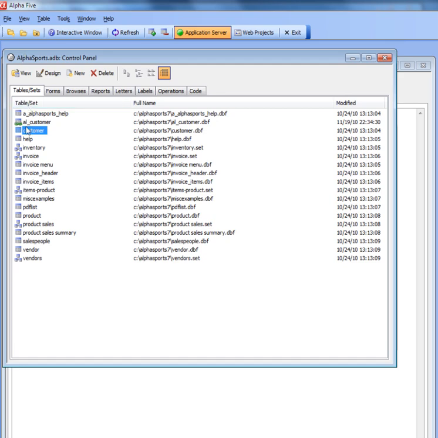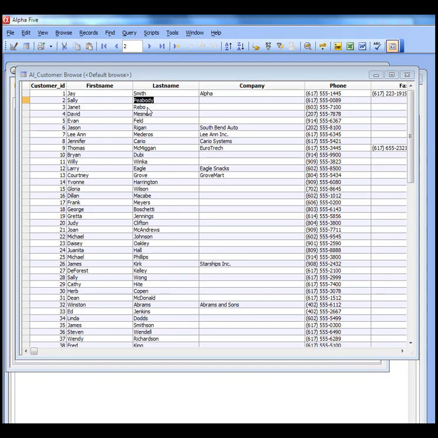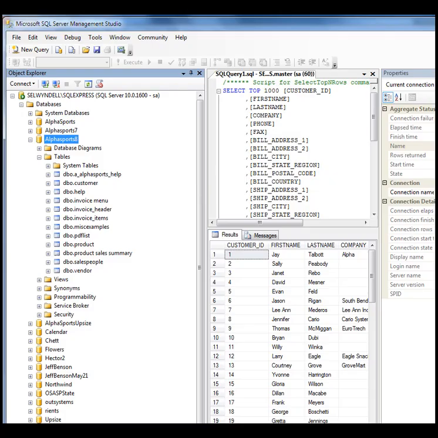So I can go to this table and modify the value there from, say, Talbot to Smith, and then if I look inside the SQL database, I'll see that that value has been changed. So let's pause now. We've just changed the value in record number 1 to Smith, and if we go now to SQL Server over here,